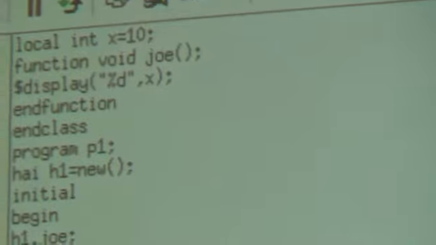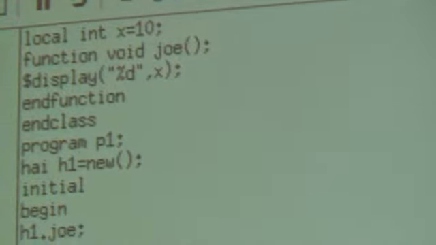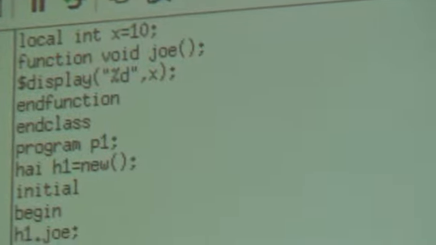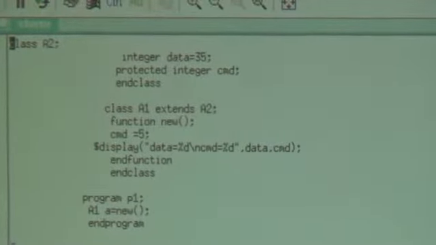Since I have declared the local integer x, I am getting the value of x. Here I am not accessing x directly. I was accessing x within the function, because it is accessible only within the class, that function accesses that local variable, and I am able to access that locally declared property. Let us see the example program for a protected one.